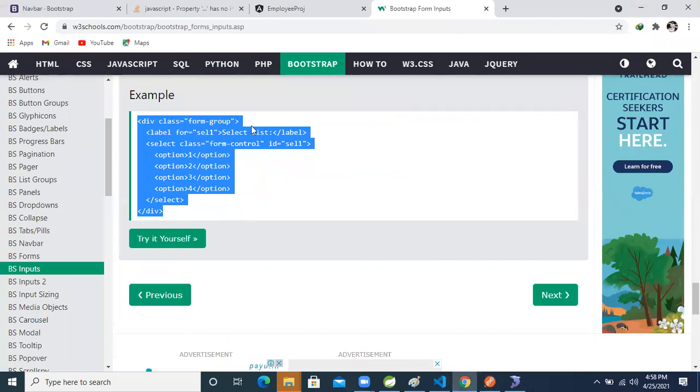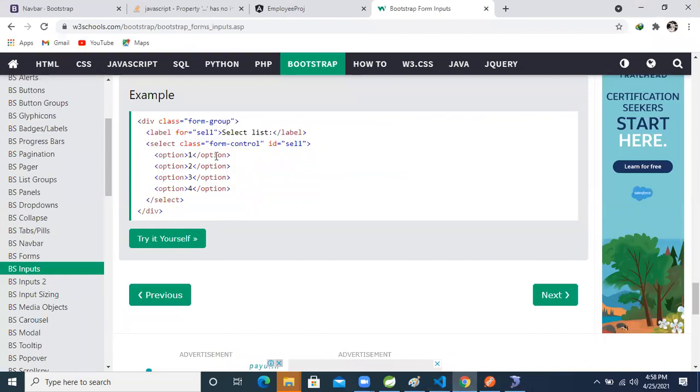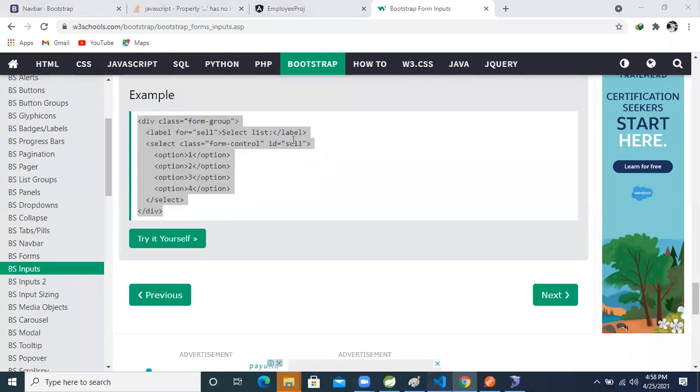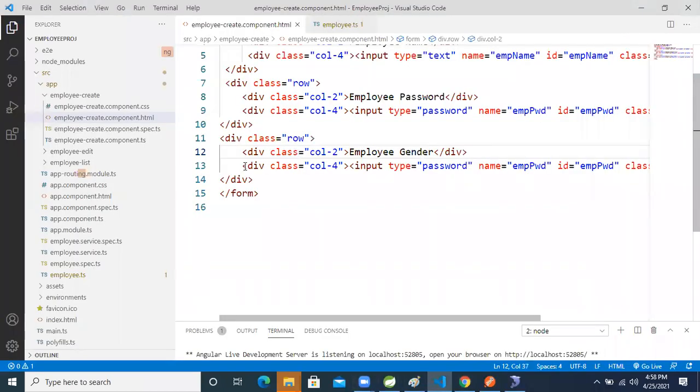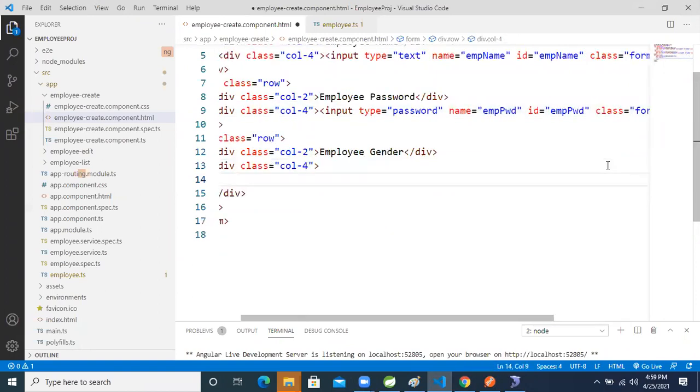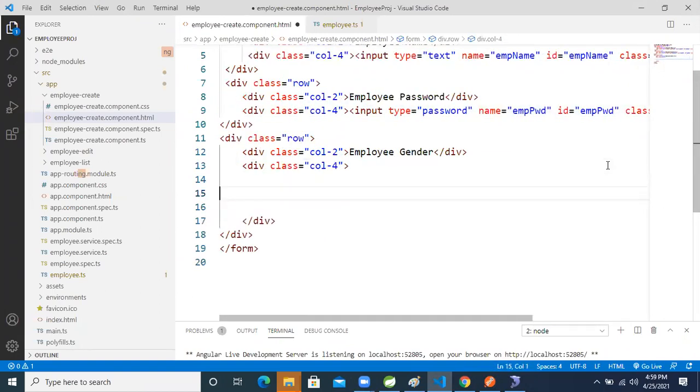Yeah, give a class for selection. This one is good, right? Okay, select it till now only. What I can do, 1 minute. I want to give a good design, right? So I'm copying this total one. Gender is there, right? Inside that, just do one thing. One div tag is there, right? Inside this div tag, just paste that code and we will modify it based on our requirement.